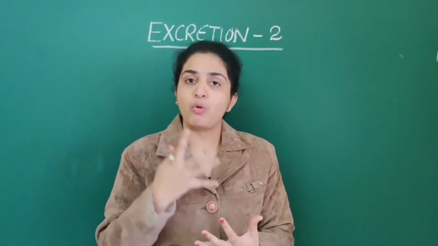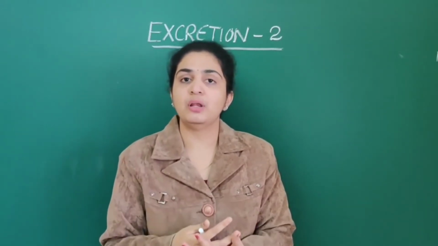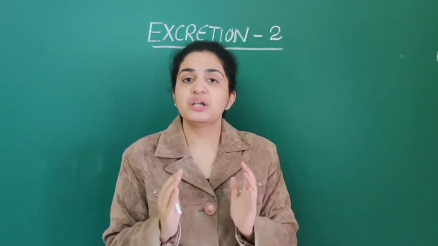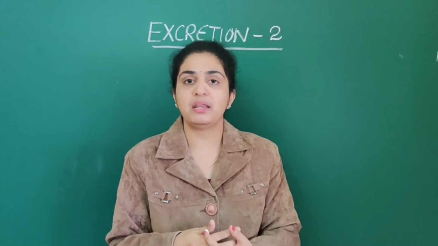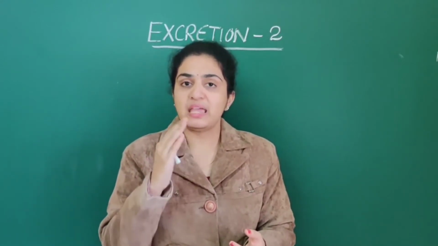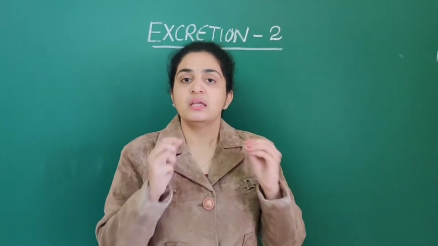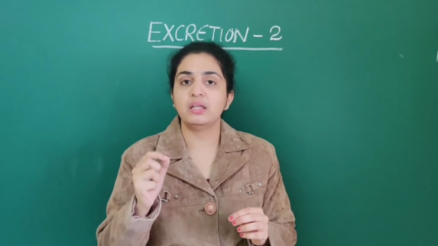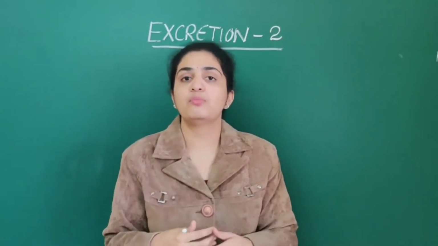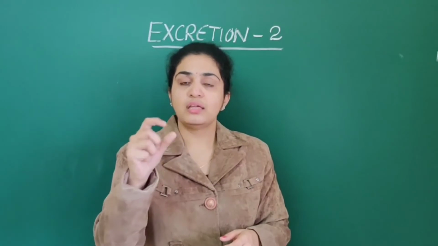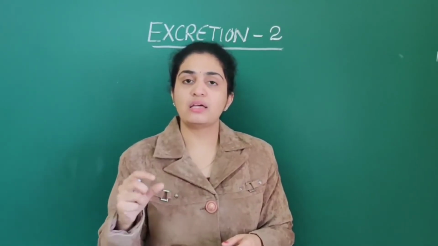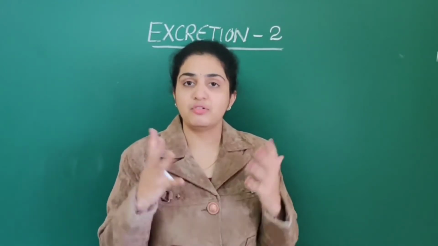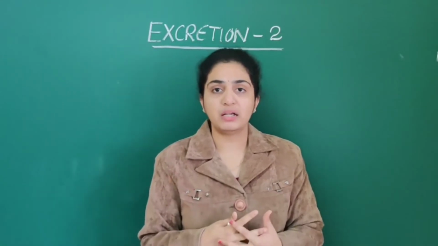And the kidney has an outer cortex as well as an inner medulla. The medulla is again divided into numerous pyramid shaped structures called medullary pyramids. In between the medullary pyramids, the cortex will extend. This is called the columns of Bertini. I am revising for those who have missed the last lecture. The numerous spaces are called columns of Bertini. That is also a very important NEET question which is frequently asked.